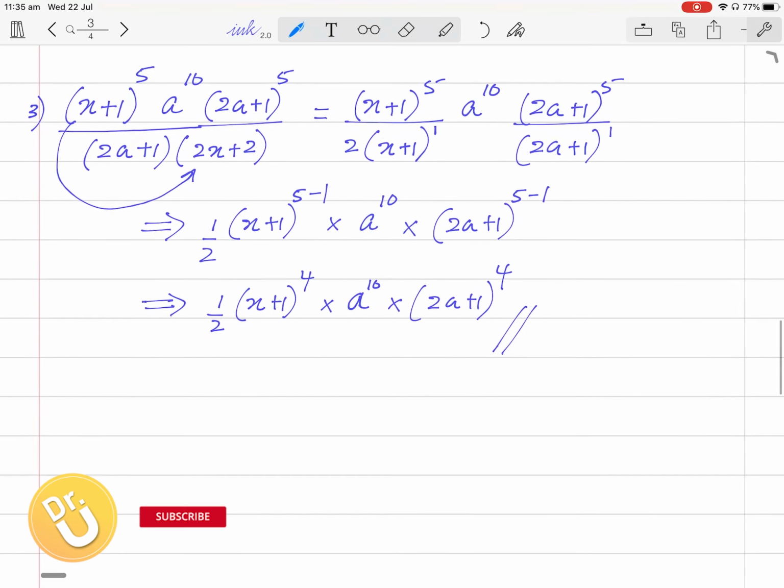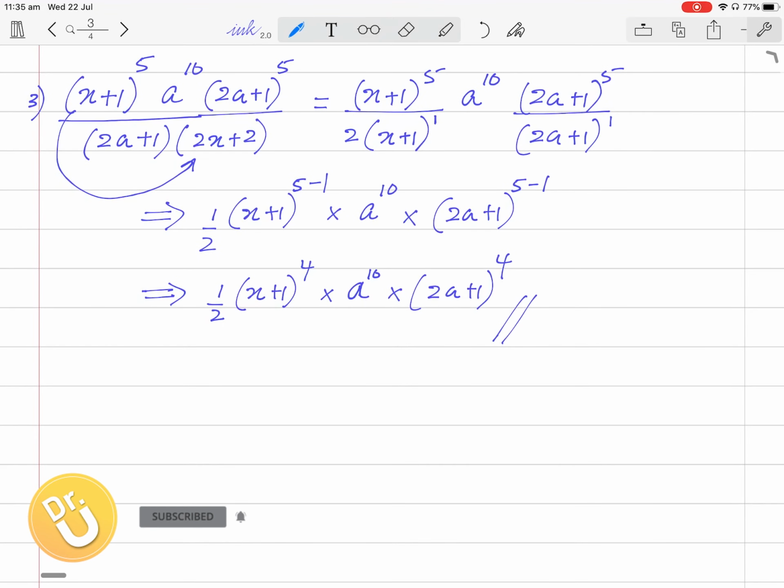So I hope you understand index laws, and I will try to discuss more in